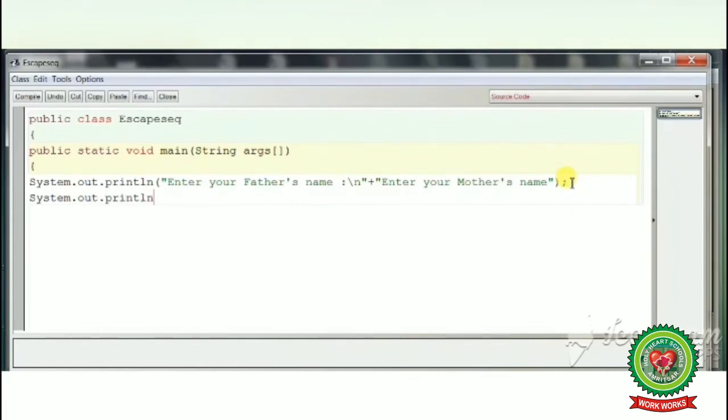Enter. Next line. System.out.println, round bracket start. Now we will use the escape sequence tab space. So how will we write?